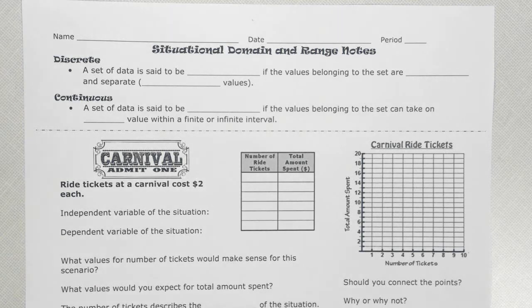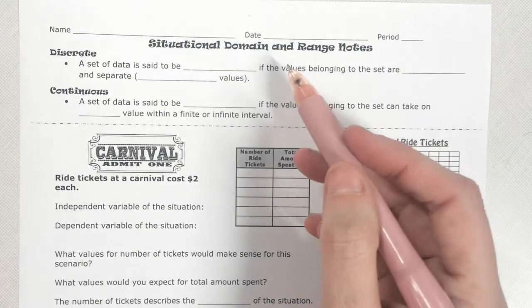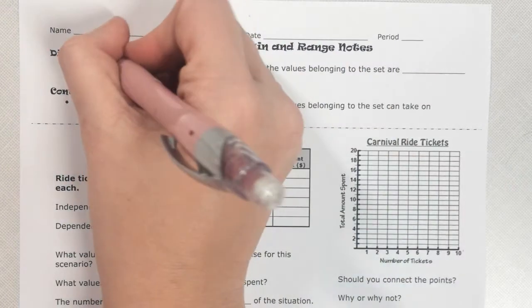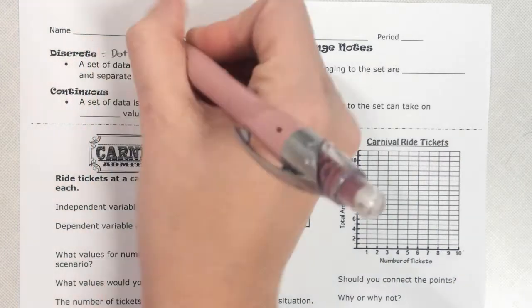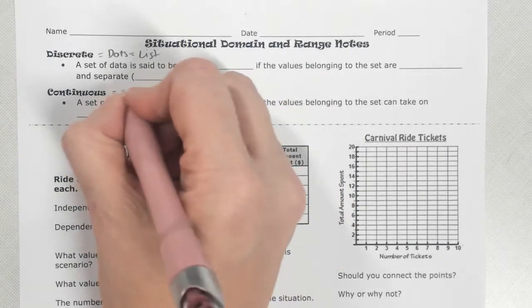Okay, so when we talk about domain and range, this is just some examples. Remember, domain, discrete data, this is just crazy looking. Discrete equals dots equals list. That's what you need to remember. Discrete is dots and it's a list. Continuous is connected